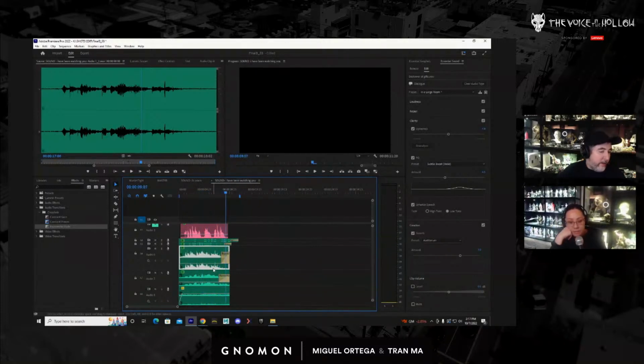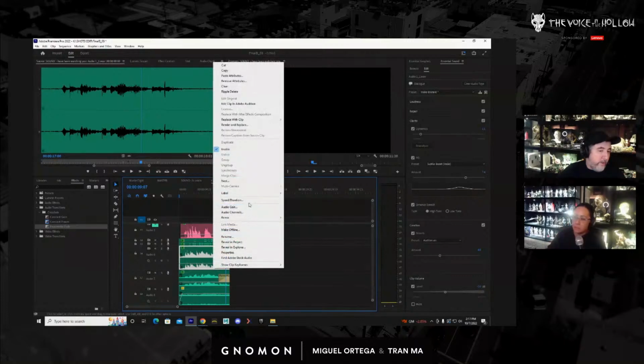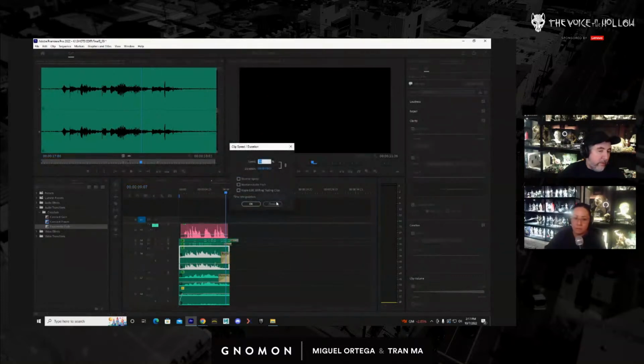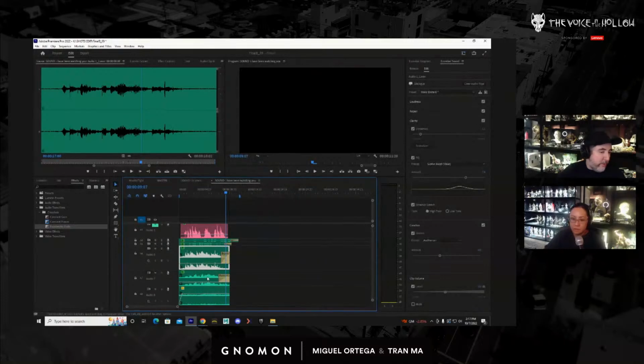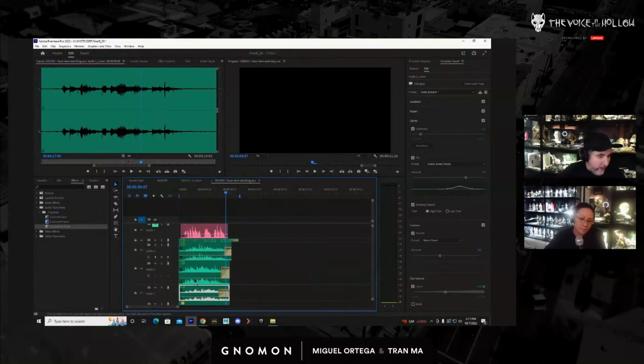The other thing that I did is I went in on some of these, and some of them are set to 70% speed. Some of them are set to 80% speed. I wasn't trying to make sure that they sounded exactly the same. I wanted some of them to be slower, some faster, to offset the timing. So if you look at the waveforms here, they don't perfectly match.